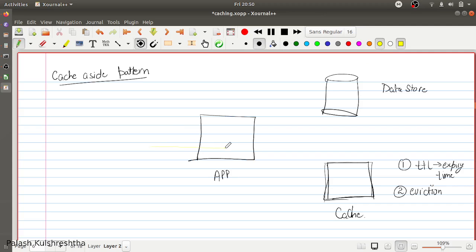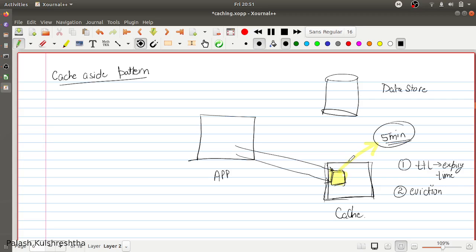Whenever you are saving any data in the cache, you are basically saying it has a TTL of, let's say, 5 minutes. So that item is going to stay in the memory for 5 minutes. Whenever you are setting the data in cache, you are setting its TTL or expiry time to 5 minutes. So it is going to be available for 5 minutes. So any request that comes before this expiry time is going to get the data from the cache.